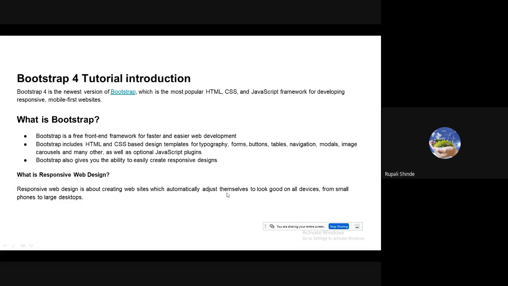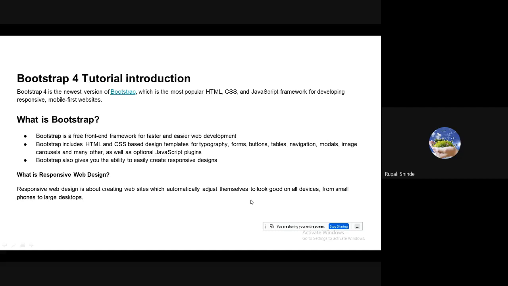Okay, so the remaining part we are going to see in the next lecture, because Bootstrap requires installation to execute offline, the Bootstrap loader. If you want to execute Bootstrap, then you have to install something. So it will take more time, and we are going to start the Bootstrap 4 tutorial freshly, from introduction: how to download it, how to install it, how to execute the program with the help of Bootstrap.